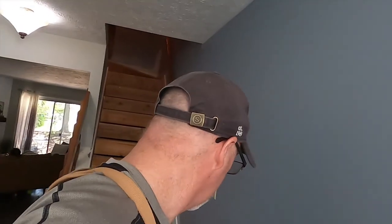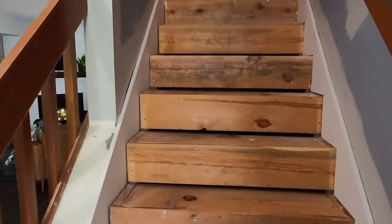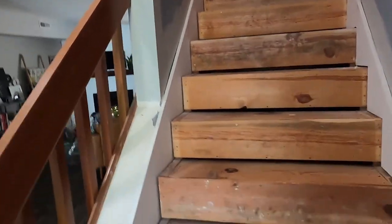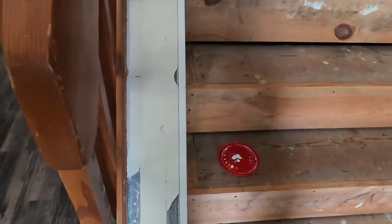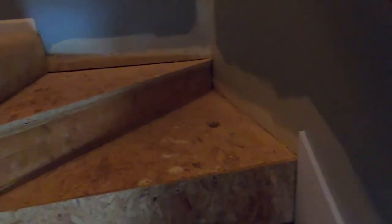Well, I think that's all we're gonna do today. We've got molding in, got to do some work on that. Got all of this taken care of. We'll end up getting in here and caulking, painting. There's gonna be a plate that'll go over this. The newel post will be sitting in here, but we've also got our little templates to do on that, done some spackling there. I think we're in